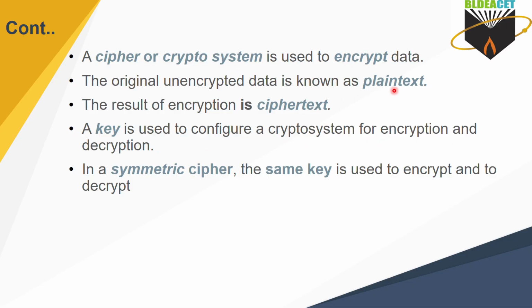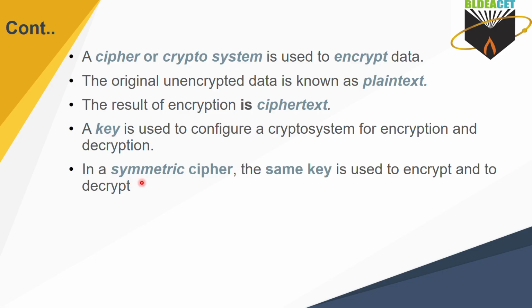To convert this plain text to ciphertext, you have to follow a technique. That technique we call encryption. In encryption, you are using the key as a secret key. After it is received by the receiver, you need to decrypt it. Decrypt means conversion from ciphertext to plain text, and that is what we call decryption. So for encryption and decryption, you are using the key, and based on the type of the key, you are using two terms.